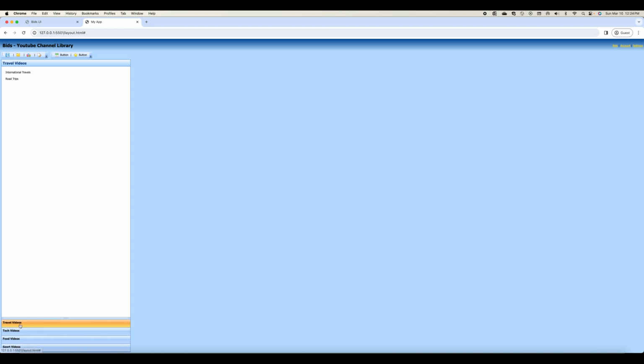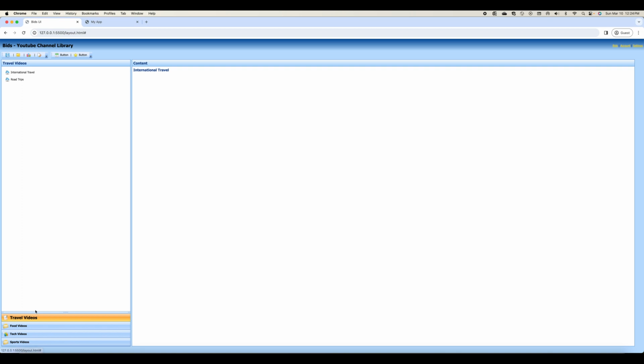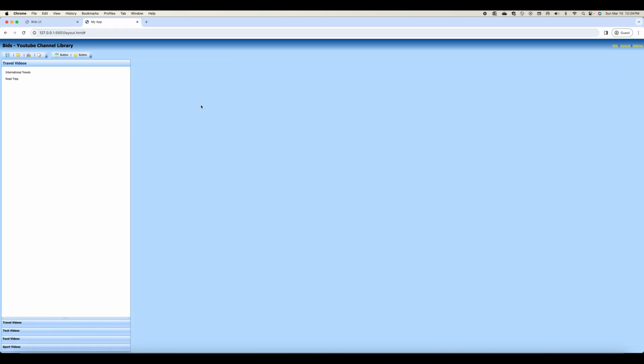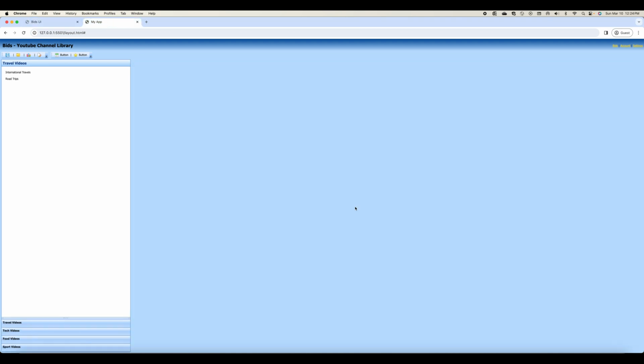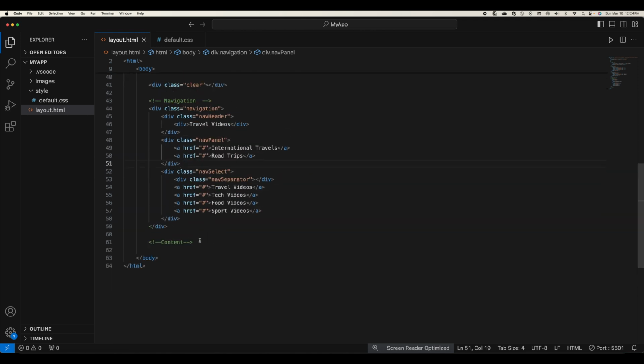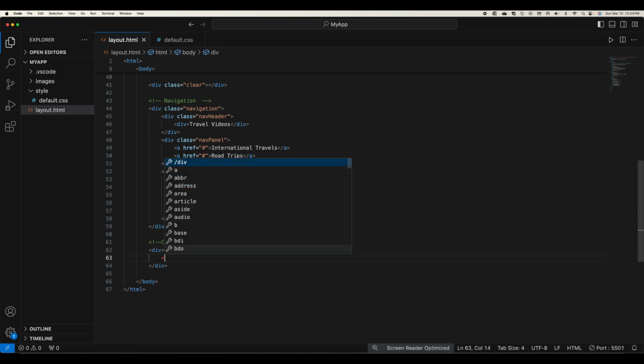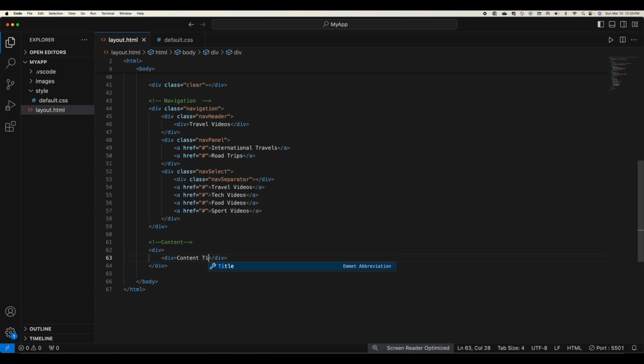Of course, if we look into the mock, there are images which I haven't added yet, but we can do that later. Let's go into the content section. So as I said, the content section has 2 parts. One is the title of the content, and then the actual content that will be displayed in the content section. So what I'm going to do is define a div, and this div is going to act as the parent content container. And then I'm going to define another div which will have the title of the content section. So let's say content title, and in fact, let's put this in a div wrapper,